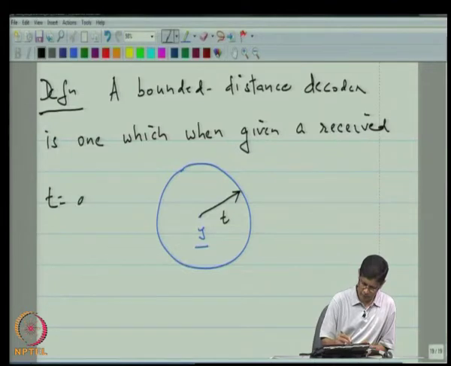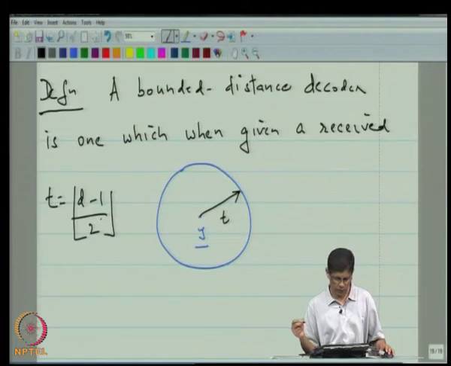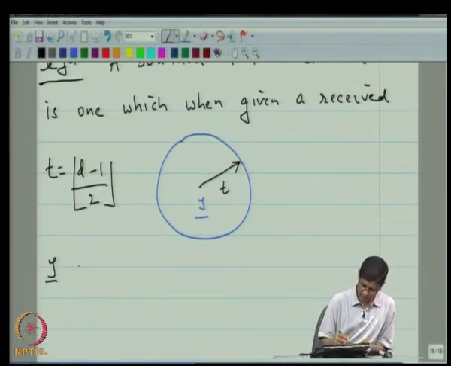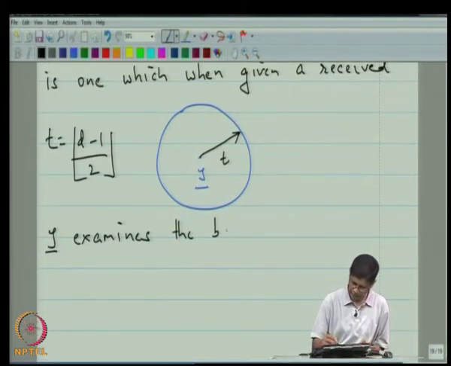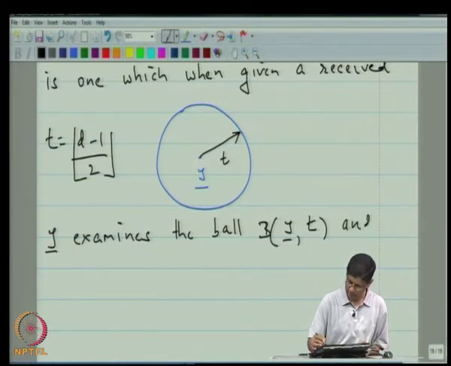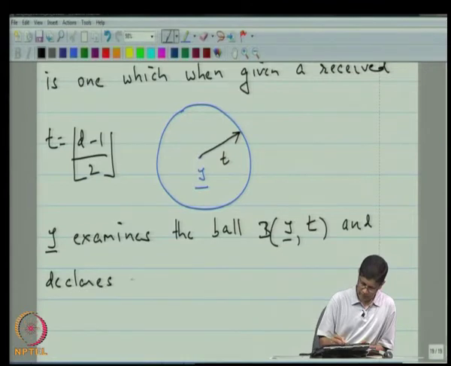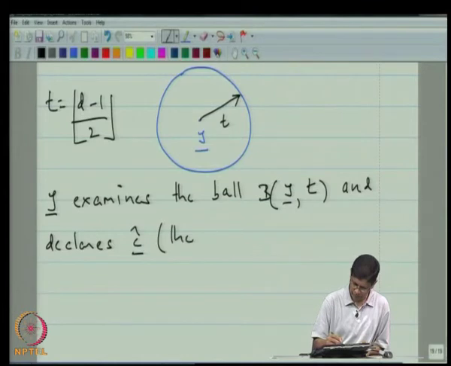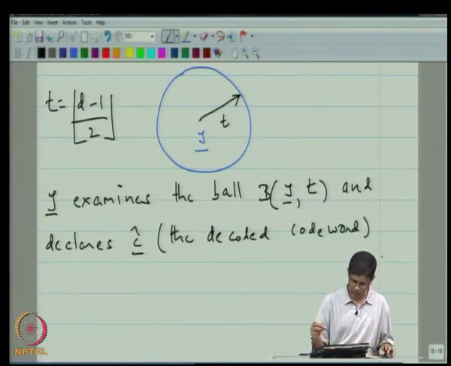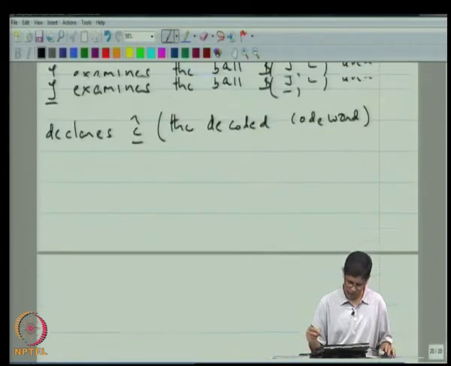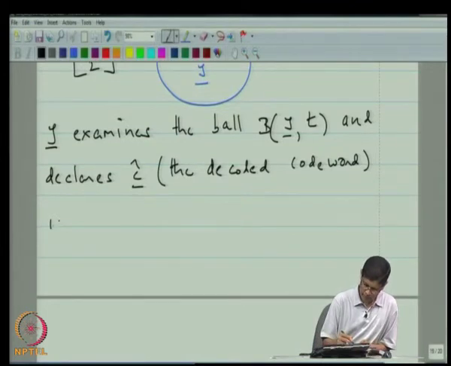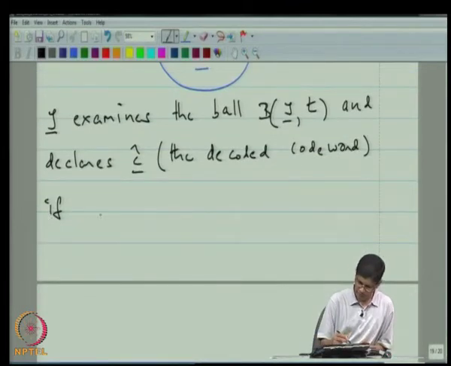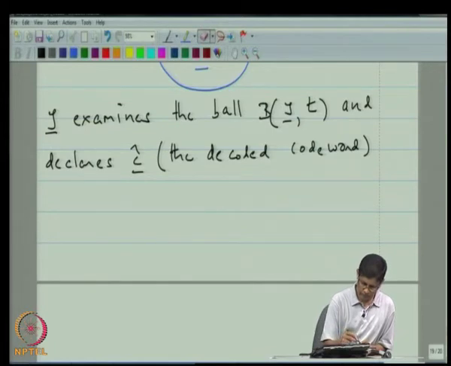It declares C hat, which is the decoded code word,